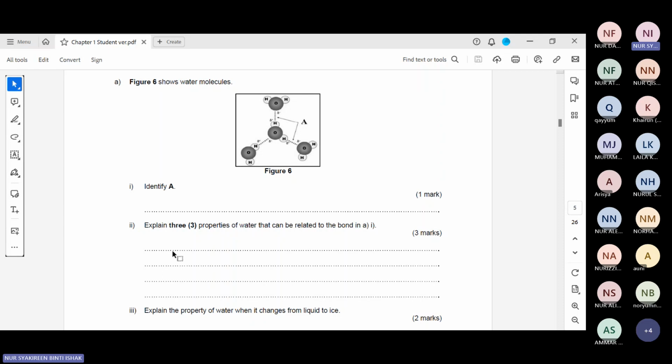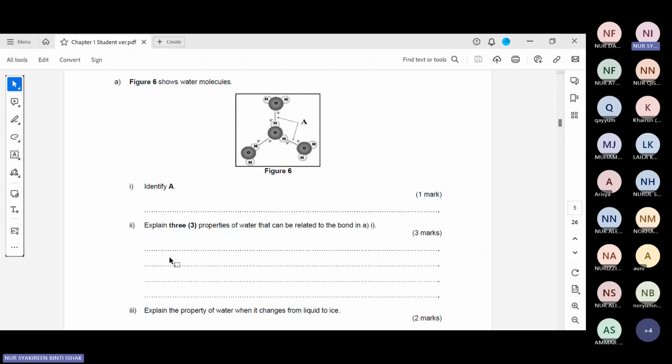And then the third property that you can include in your answer is that it has high specific heat capacity. Kenapa air tu perlu serap kuantiti haba yang sangat banyak? Because of the hydrogen bonding between the water molecules, water needs to absorb a really high amount of heat in order to increase the water temperature, for example to vibrate the water, so that it leads to the next property, which is that water has high